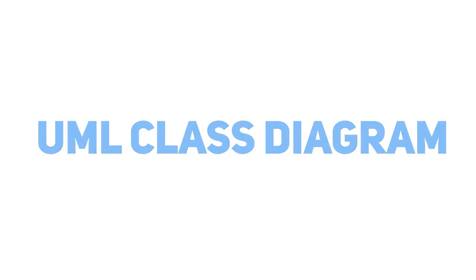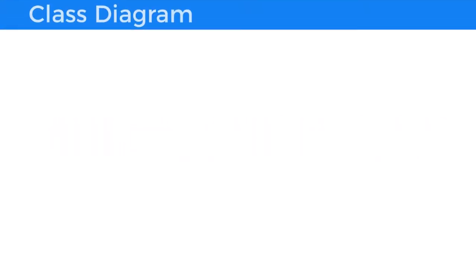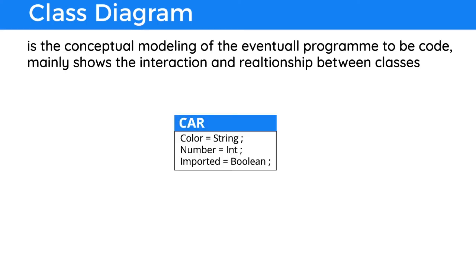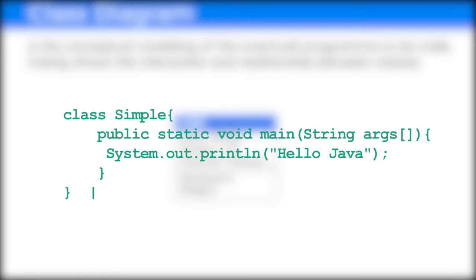Class diagram is one of the 16 UML diagrams. And what are UML diagrams? UML diagrams are all the conceptual models on which our programs or code is to be based. Big programs are not directly made, they are made from a particular map or a conceptual model, and for these models to be made we use UML diagrams.